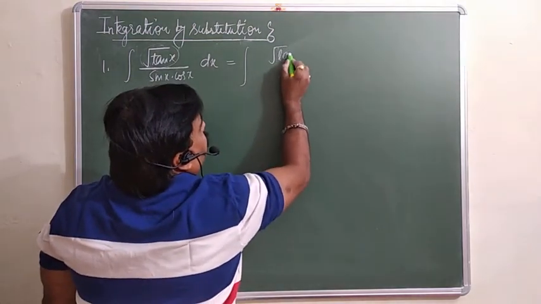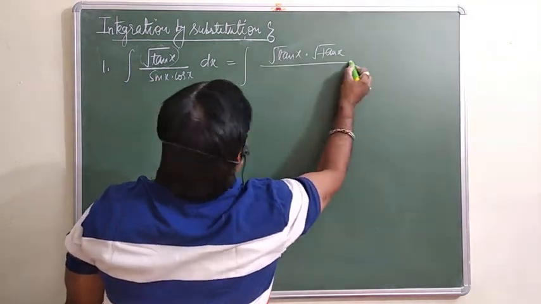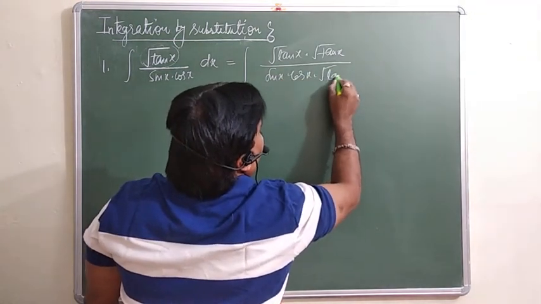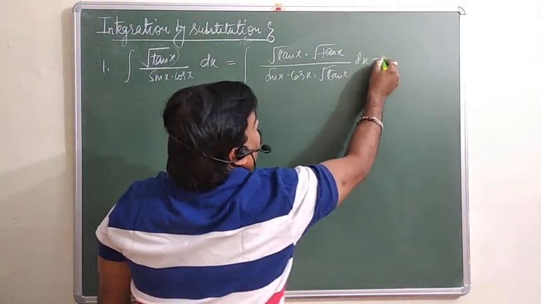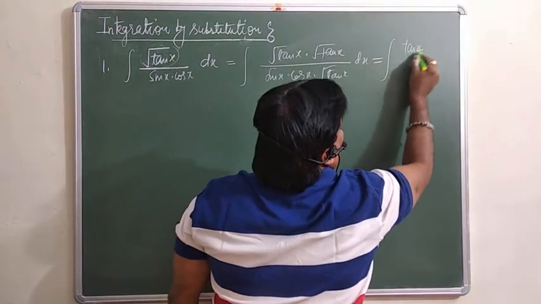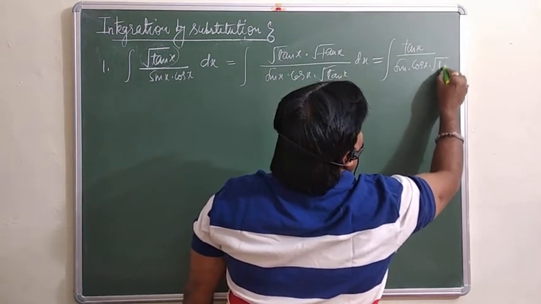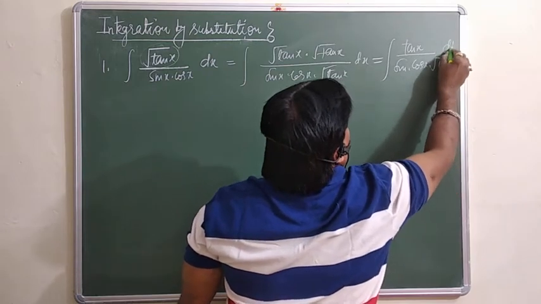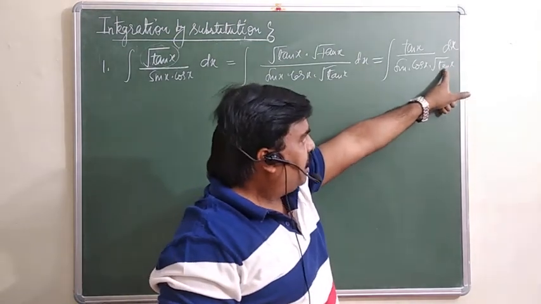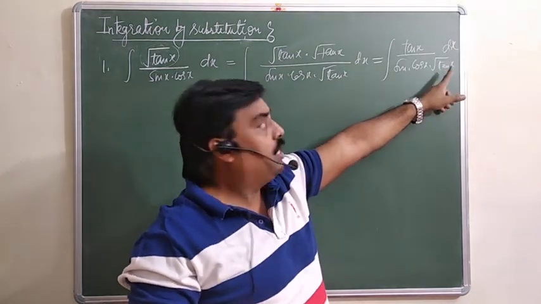Root tan x से numerator में as well as in denominator में you can multiply. Same operation we will do, otherwise value is going to change. This is your sin x into cos x, keep as it is, into root tan x dx. So this can be written as root tan x into root tan x is tan x over sin x into cos x into root tan x dx. Now the problem is what we will substitute. देखिए अगर मैं tan x को t ले लेता हूं, you need the derivative of tan x, sec square x is there.